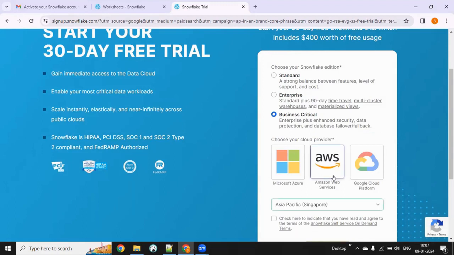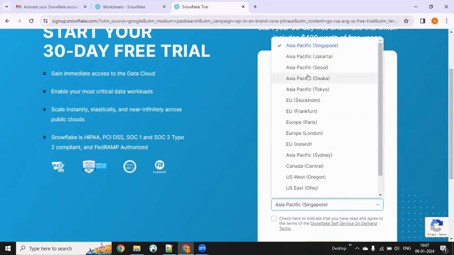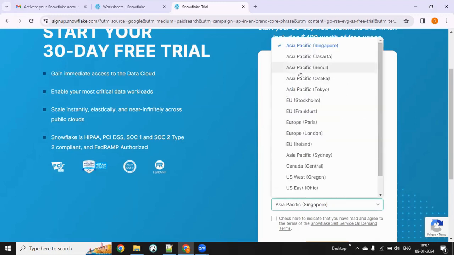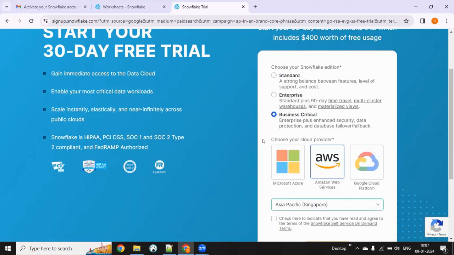In our course, we will be discussing AWS, so I'm choosing AWS. This is the region you need to select, where exactly the AWS data center will be, and where the data you create in Snowflake will be stored. I am choosing the nearest region to India, so Asia Pacific, Singapore. You can choose anything you want, but I would recommend the nearest region to India